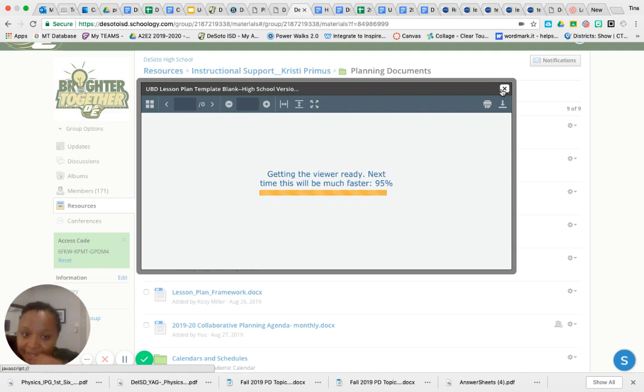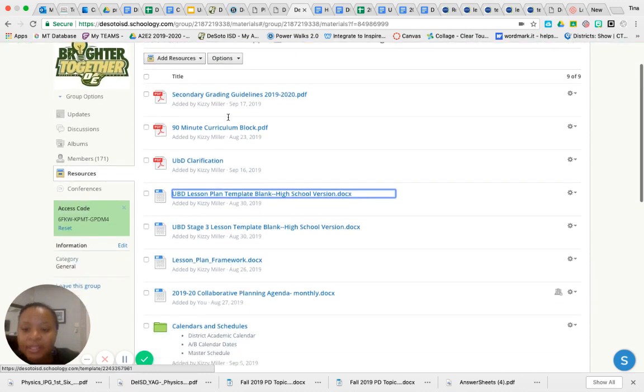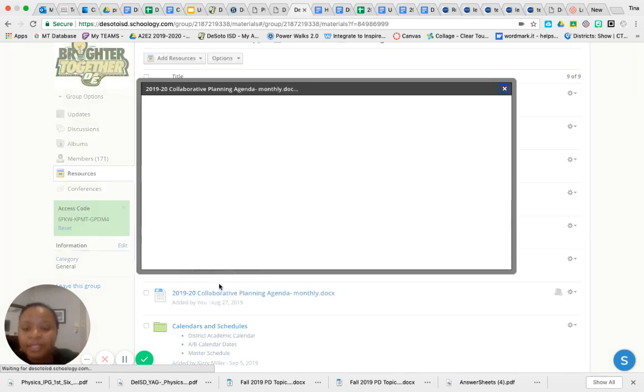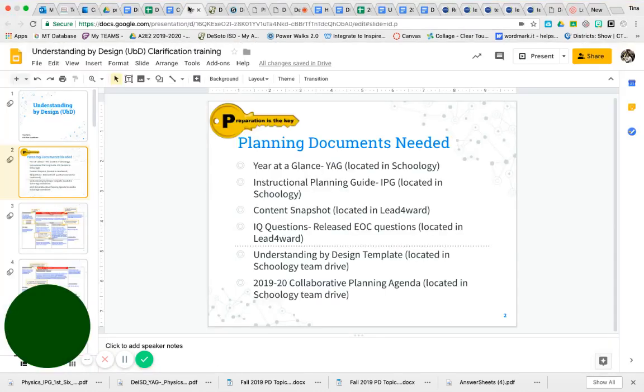It'll take a little time to pull it up. Lucky for you, I have the document somewhere else. And also the second thing I will look for is this 2019 collaborative planning agenda. This needs to be completed by the scribe of your collaborative team. So as you guys are progressing through the UbD, answering questions, whoever your scribe is for your group, they'll be taking the minutes, and that's all that is. So let's go back to this